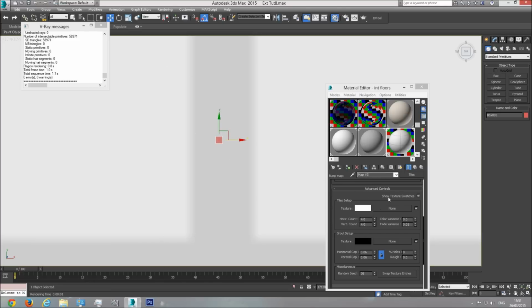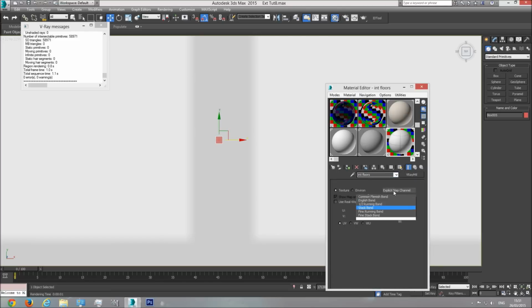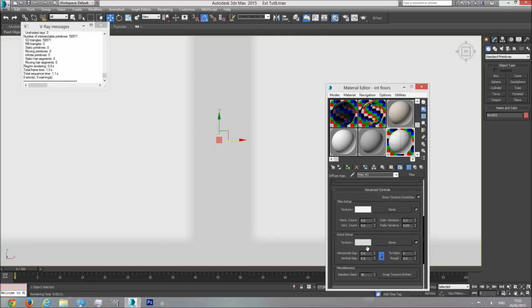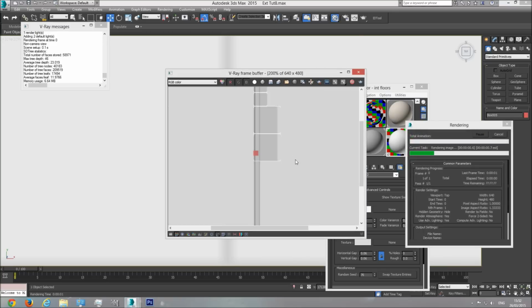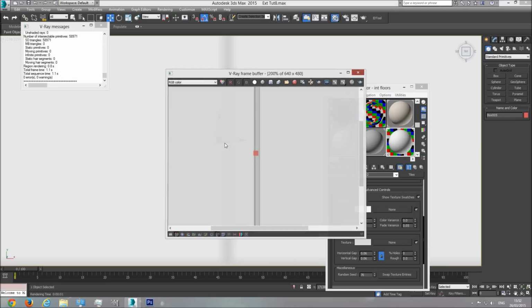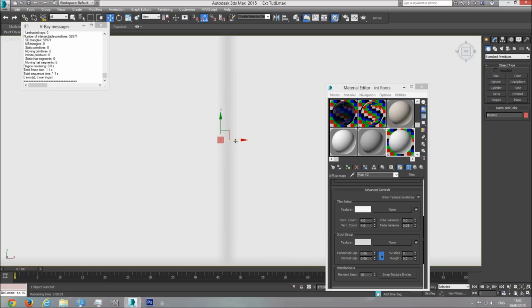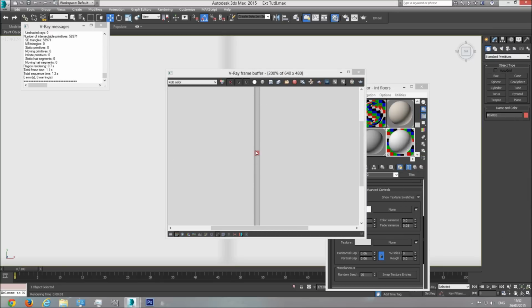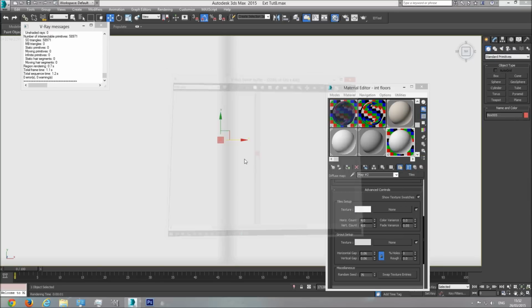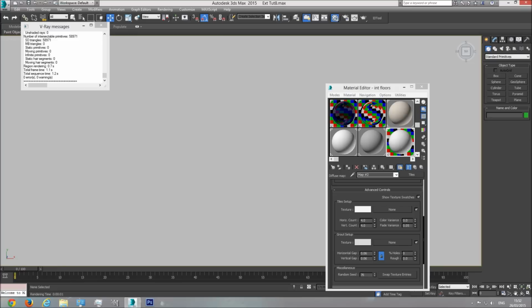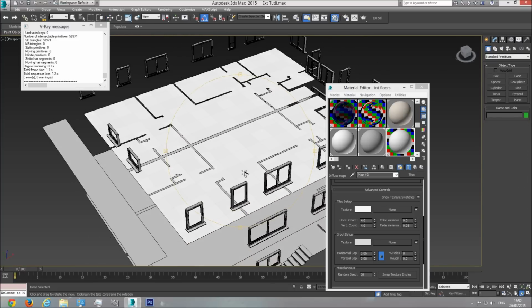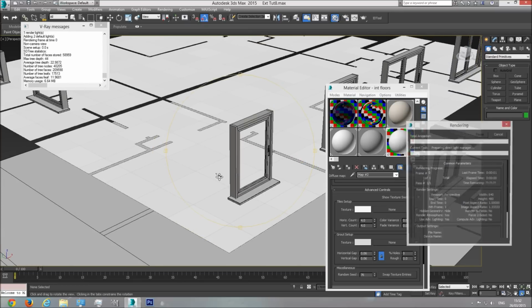Something strange happened here. Let's go to tiles. Oh, I by mistake did 0.6. It needs to be 0.06. Okay, so like this. Let's render it. Okay, separation is about right. So it's about half a centimeter. Let's delete this box. Let's go to the perspective viewport. If I render now,